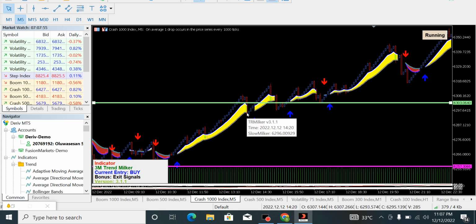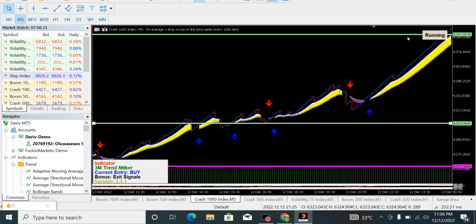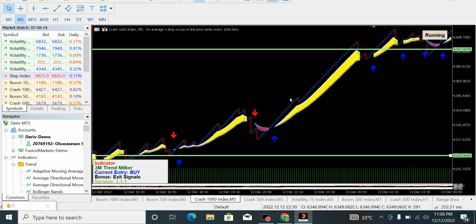Because you know that the market is just pulling back at this point, then definitely it will go back up to put you in profit. So by the time it goes up, it will definitely put you in profit. That is the assurance you get from knowing the right trend to trade the assets you want to trade. So what am I trying to say? When the market is on an uptrend for crash, we hardly have spikes happening, the crash down candles happening around here.